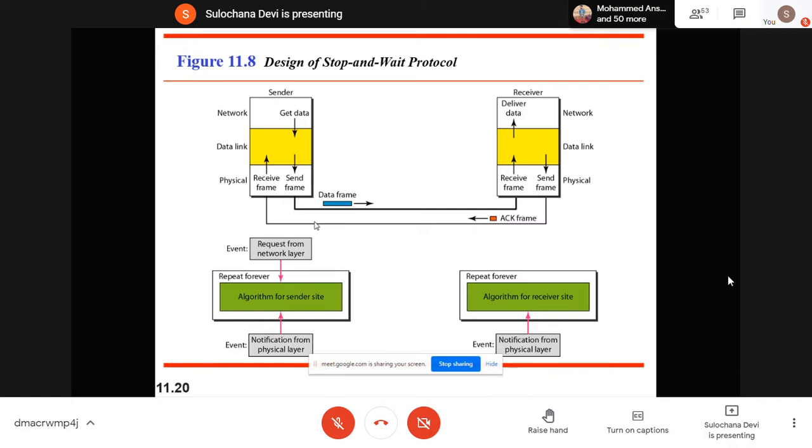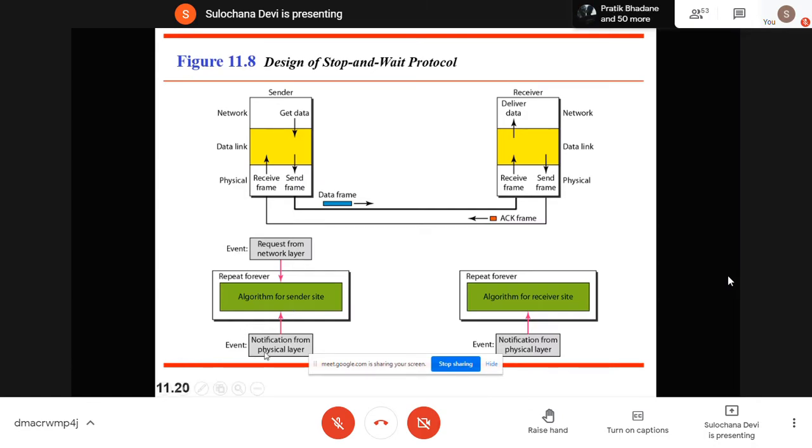Now here, how many bits are required for the sequence number? How many bits are sufficient for providing the sequence number? Tell me, does anyone remember?